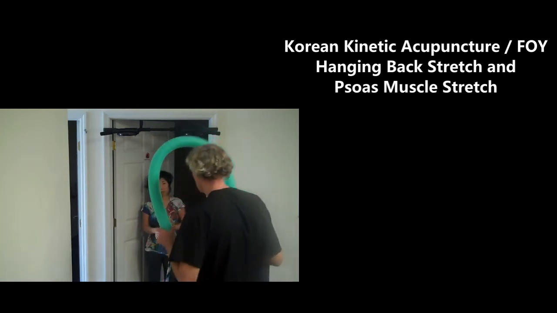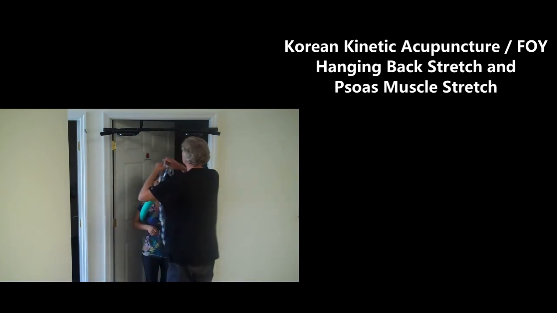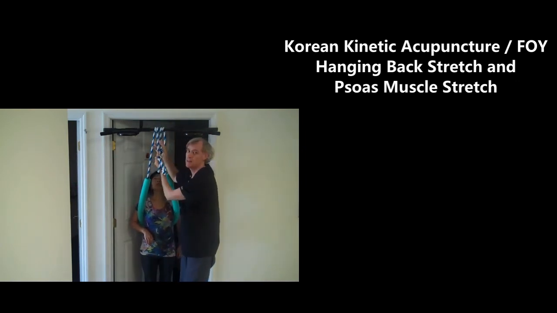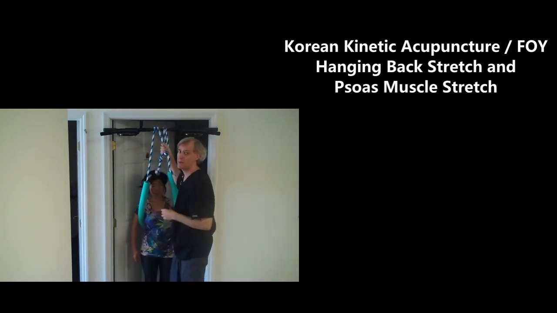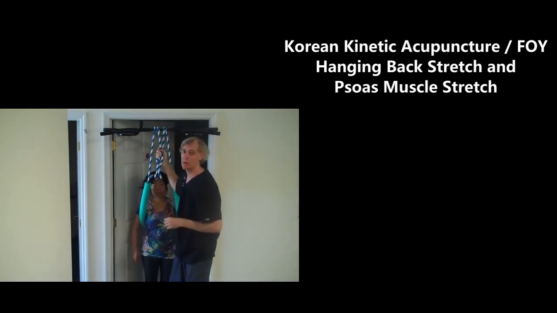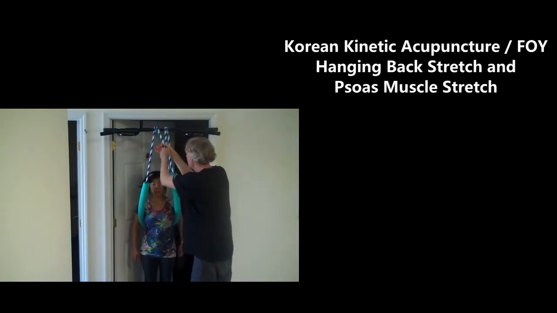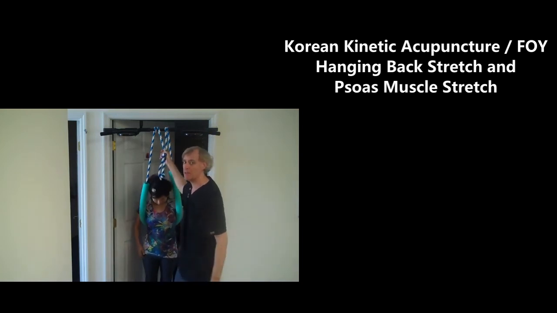I'm going to take this noodle, place it under the arms, double wrap, triple wrap. The more times you wrap around the bar here, the more secure, the more able you'll be able to hold the patient up, and it's easier to hold the patient up the more times you wrap at the top. So when the noodle's in place, you're going to instruct the patient to just bend their knees,